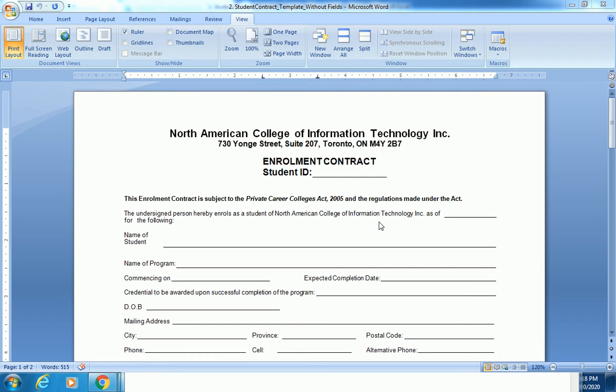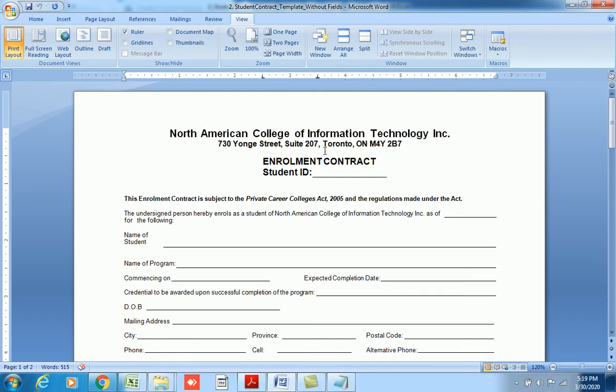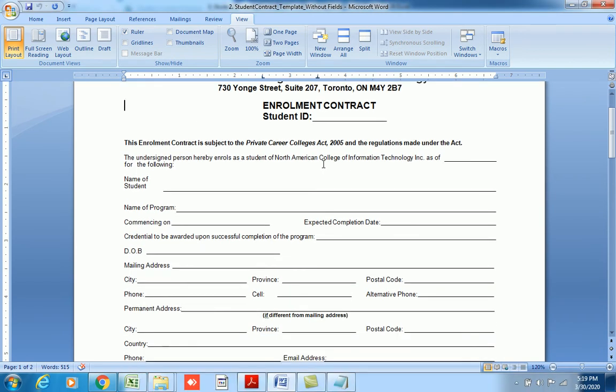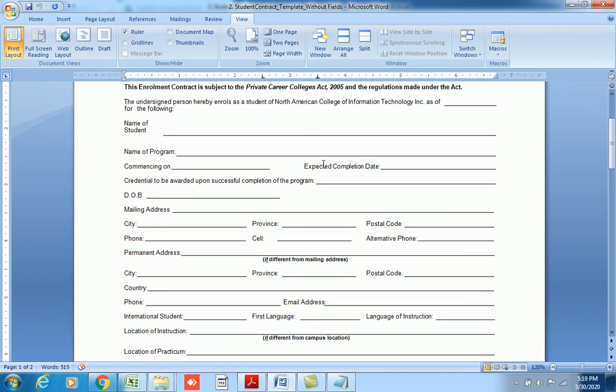I hope you have watched part 1 and completed some of the work, if not the whole thing. This is part 2, where I will provide you further information about our task. Once you have completed part 1, your Word document should look like this, right? So you have typed all the titles, the fields, all the text.